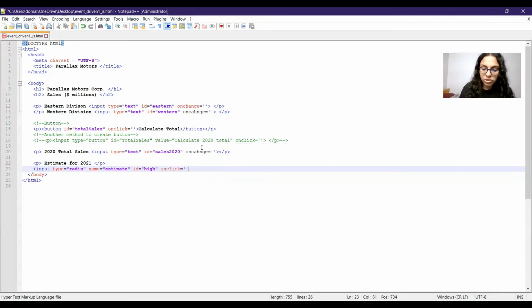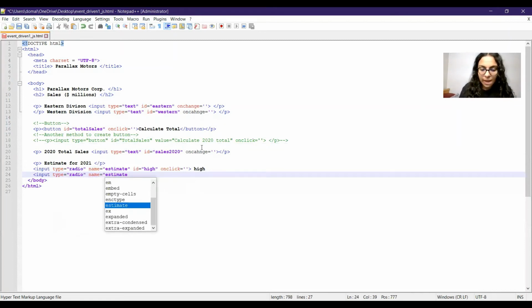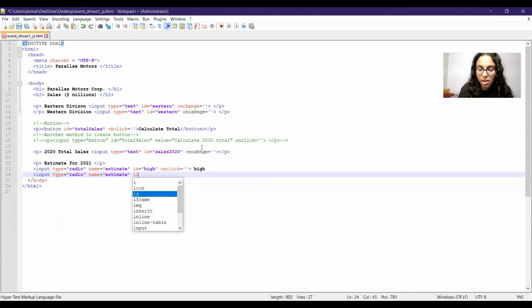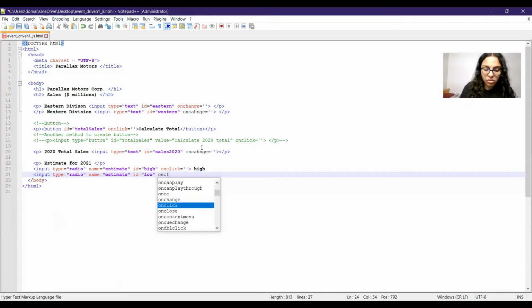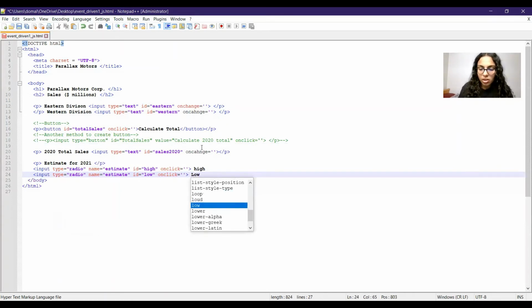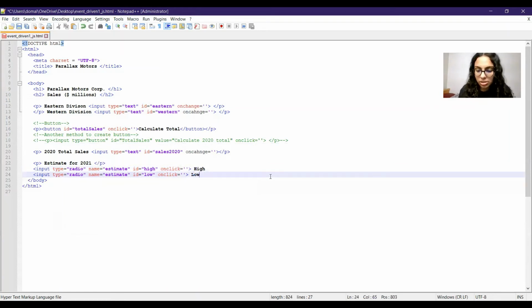And on click, we'll write the function later. High. We can have another input type radio. The name is going to be estimate and ID is going to be low, and on click. With this our radio buttons are also created.